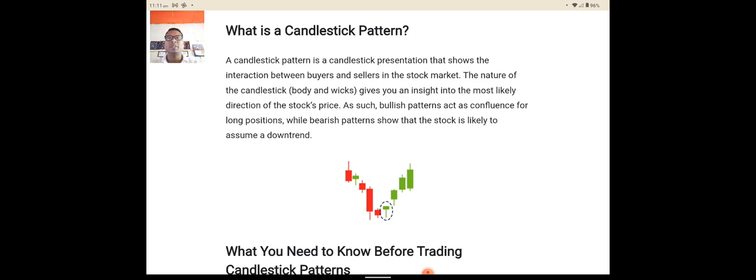As such, bullish patterns act as constraints for long positions, when bearish patterns show that the stock is likely to